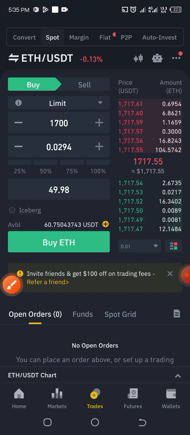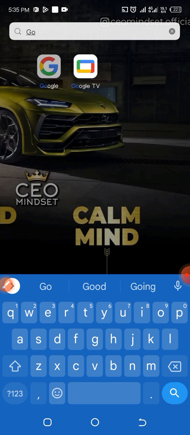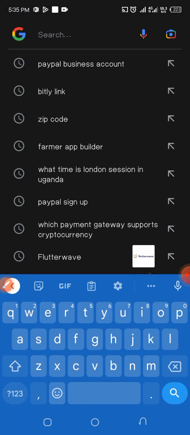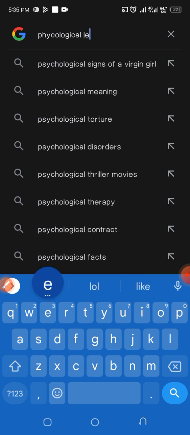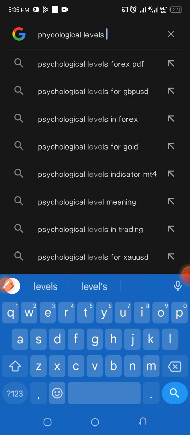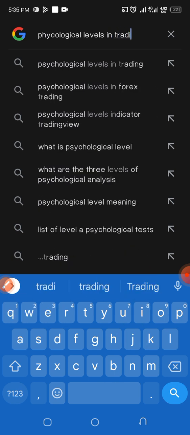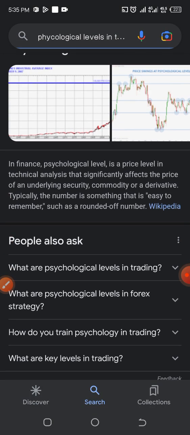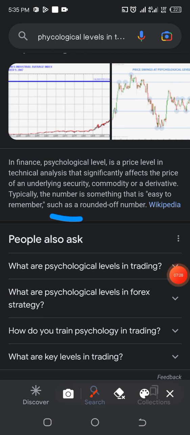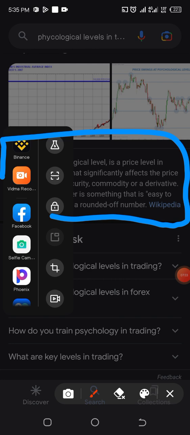Now, if you don't know what psychological levels are, go to Google and type psychological levels in trading. Search about psychological levels in trading, and you are going to be able to read about them in detail. Here in Wikipedia, what Wikipedia is saying is that in finance, a psychological level is a price level